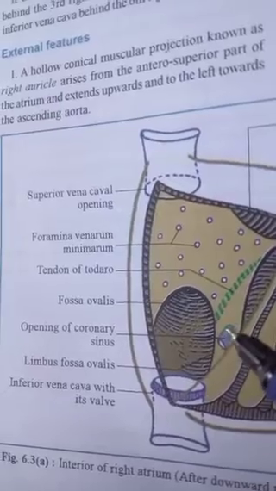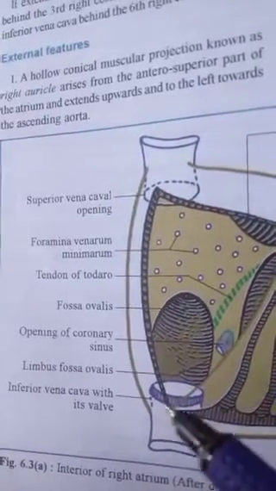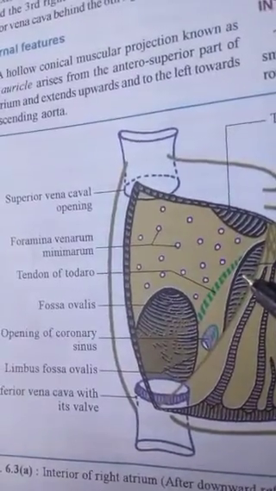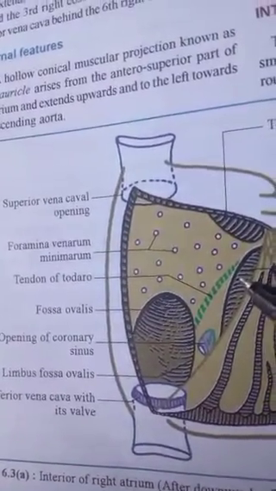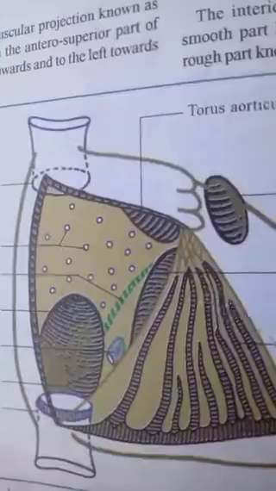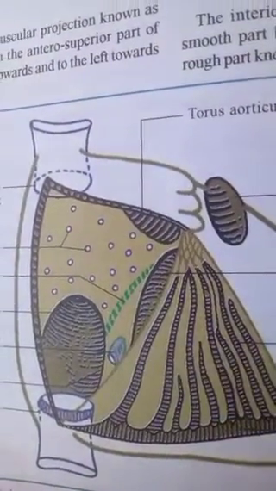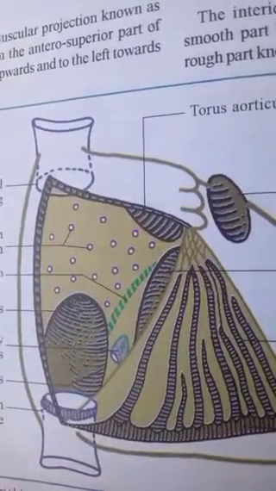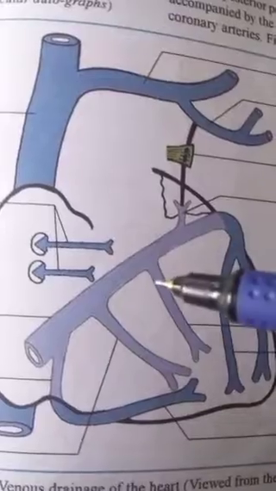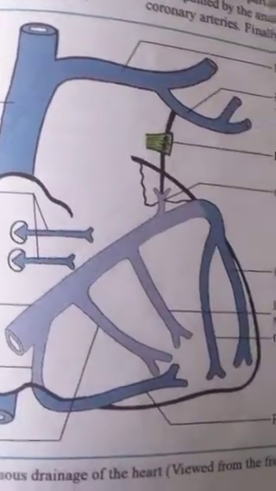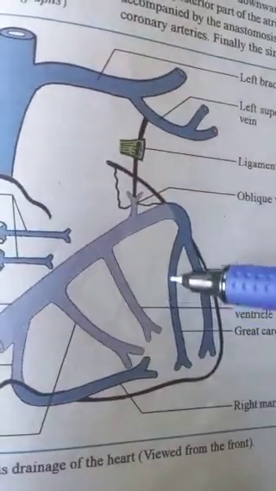Over here, between the openings of the inferior vena cava and the right atrioventricular opening or right atrioventricular orifice. The opening of the sinus is guarded from below by an incomplete semilunar valve. The tributaries of this coronary sinus are the great cardiac vein,